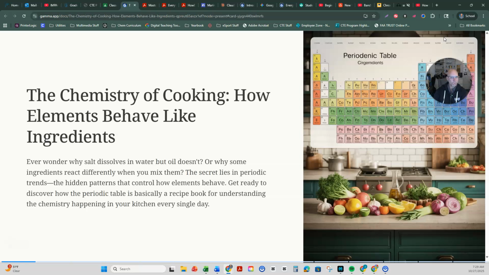So here we go. The chemistry of cooking, how elements behave like ingredients. Ever wonder why salt dissolves in water but oil doesn't, or why some ingredients react differently when you mix them? The secret lies in periodic trends, the hidden patterns that control how elements behave. Get ready to discover how the periodic table is basically a recipe book for understanding the chemistry happening in your